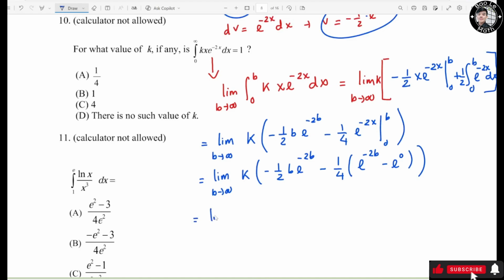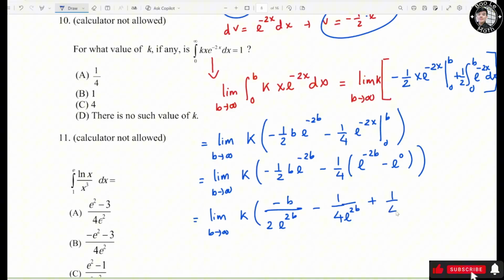So it's going to be limit when b approaches infinity of k times negative b over 2 times e to the 2b, right? Minus 1 over 4 e to the 2b